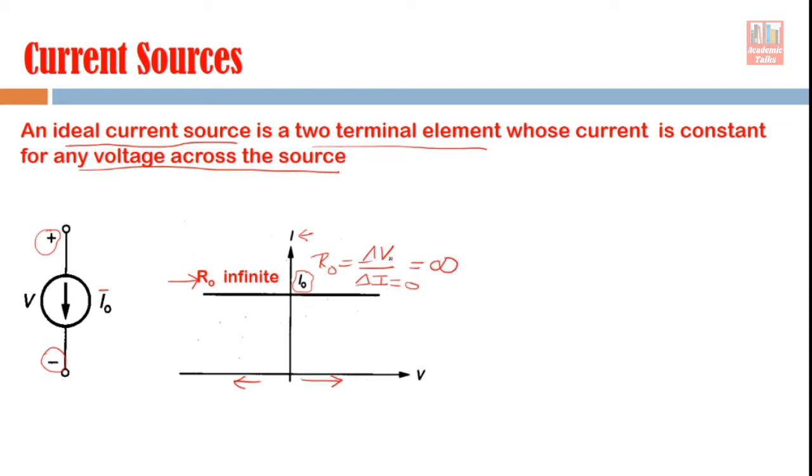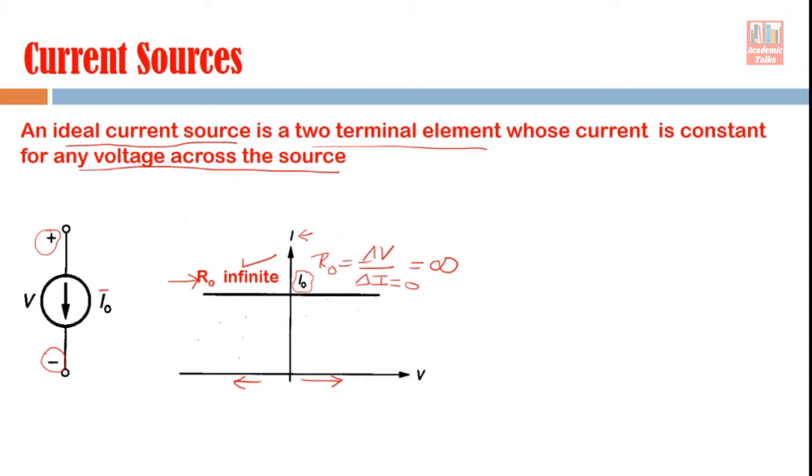So, voltage can change, it can have any value, there may be small change, there may be big change, doesn't matter. The change in the current should be as small as possible, and ideally it should be 0, and this is the situation in this graph. And that is why in this graph we see that R naught is infinite. R naught is the resistance that should be infinite in case of ideal current source, and in case of practical current sources, its value will be as high as possible. Now, that is the basic understanding about the current sources.